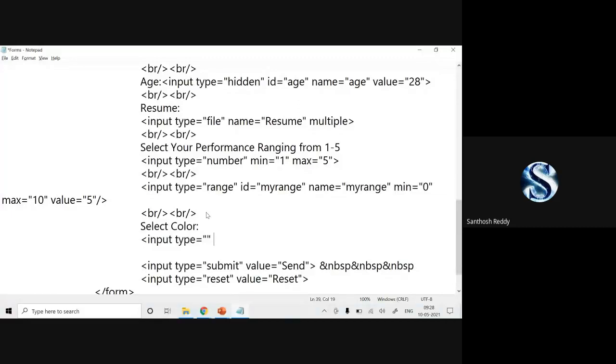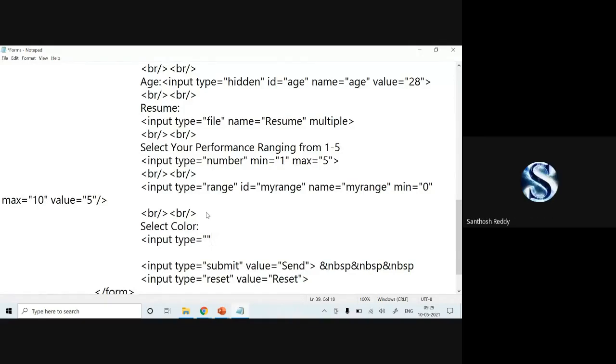Usually, if I want to make use of a text box for the name label, what value are you going to specify for your type attribute? Text.